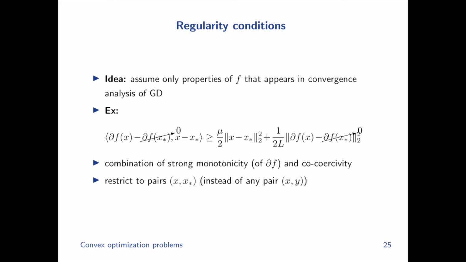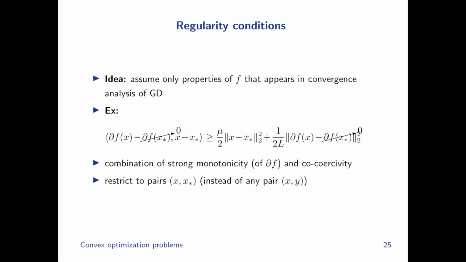And so if you look at this regularity condition, it's basically some combination of the two, okay? You recall the quantity on the left, right? This inner product between the difference of gradients and the difference between the points themselves. This is the quantity that you look at to ascertain whether a function is monotone or not. And what you have here is a quantitative version of monotonicity, where the right side is a combination, this lower bound on this inner product between the difference between the gradient and the points at which the gradients